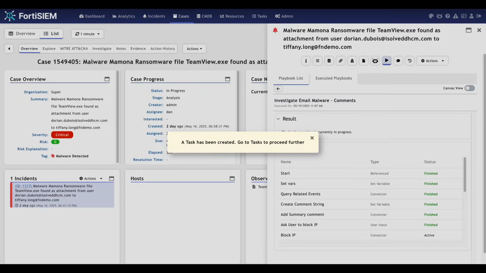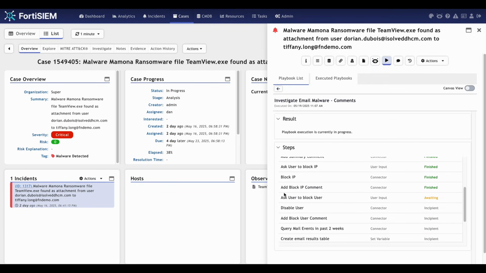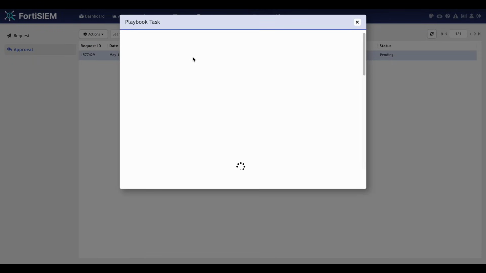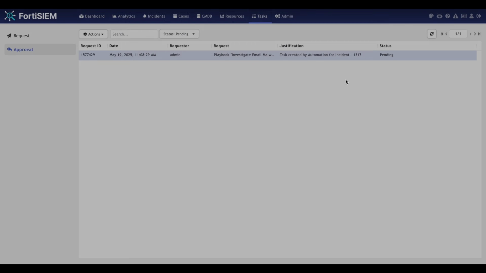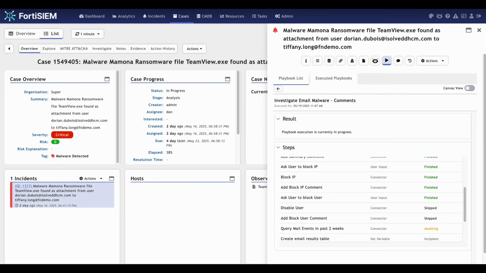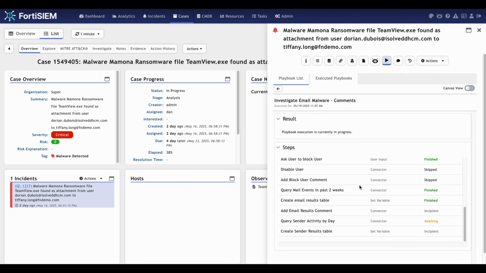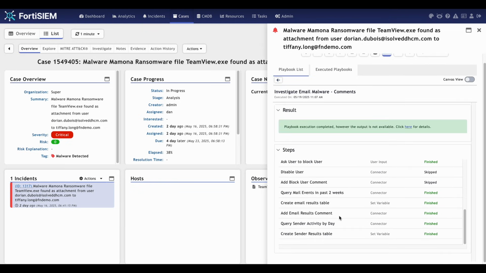Now another task has been created. This time it's asking the user to block. So we go back to the tasks and we've got another task for us to confirm, and this time we'll say no, we don't want to block the user in Active Directory. The playbook progresses through its steps, and this time it's collecting additional information from FortiSIEM by providing analytical queries into